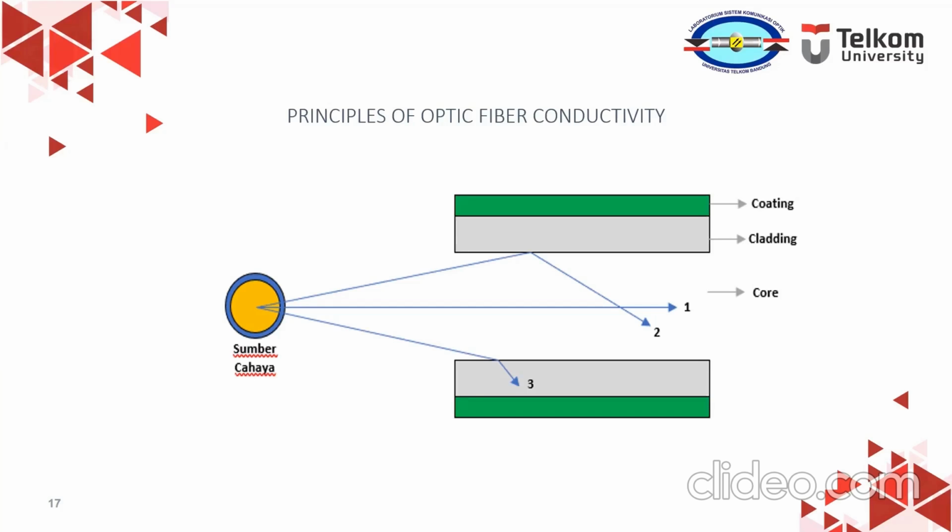A light source is placed before the optical fiber, transmitting light in all directions. Light ray number 1 is in ideal propagation condition, since the ray propagates along the fiber axis without any reflection or refraction. And light ray 2 reflects totally, since it arrives at the surface of the interface with an angle greater than the critical angle of the cladding and the core.